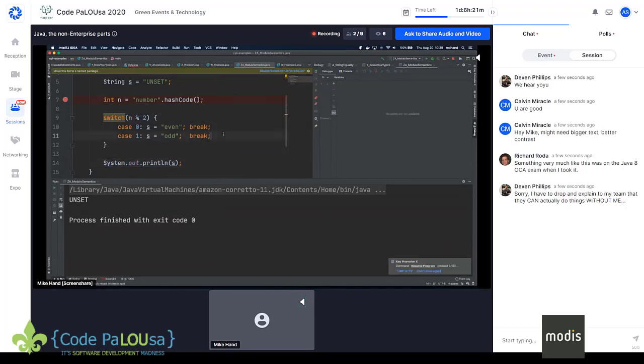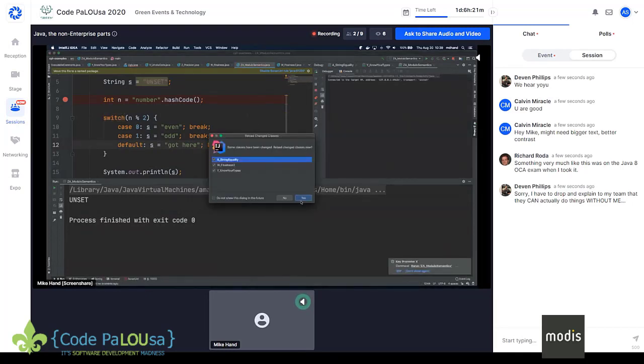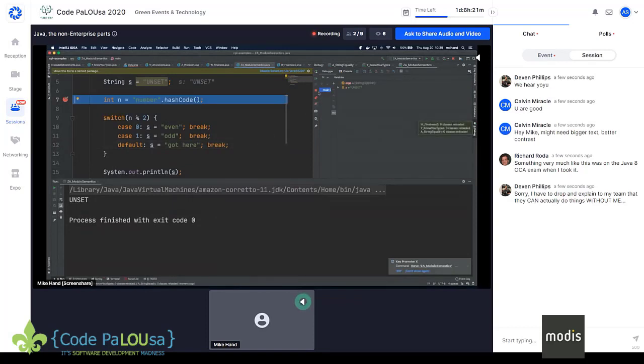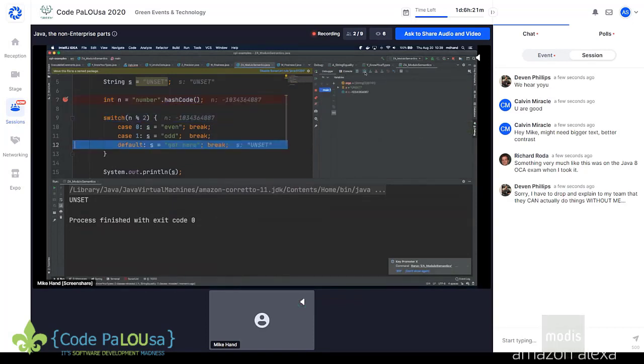Why? Well, let's add a default case and say s equals something simple like "got here" and break. Now let's run this again. And we see we hit that default statement. We are somehow neither even nor odd. Well, that's because this isn't actually a modulo operator, and it's because n was negative.